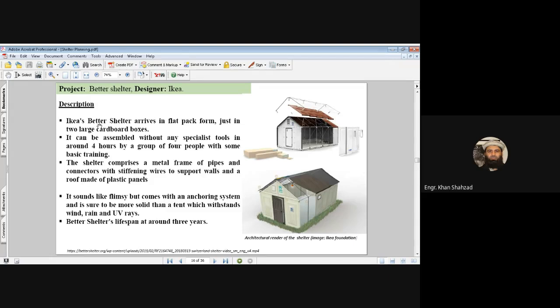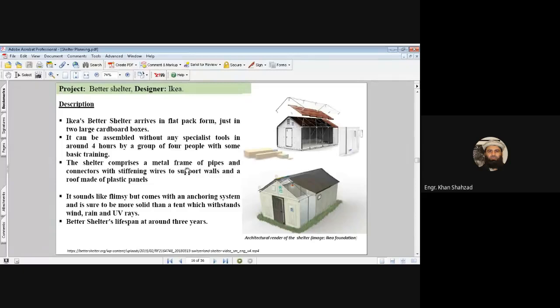So the Better Shelter arrives in flat-pack form, as you have seen these boxes, just in two large cardboard boxes. In these boxes, you have this complete shelter. You can live in this. It can be assembled without any specialist tools in around 4 hours by a group of 4 people with some basic training. The shelter comprises a metal frame. You can see the metal frame. This is the frame